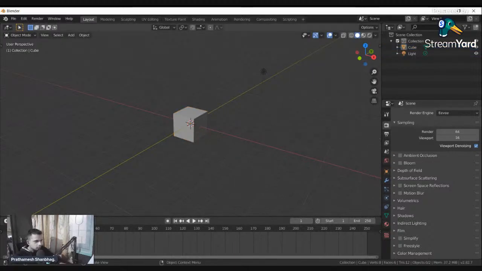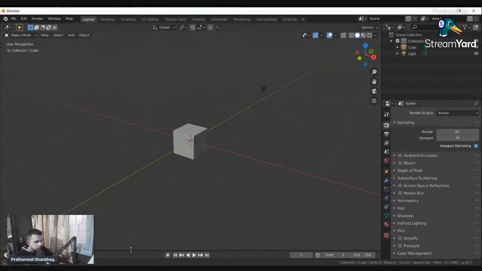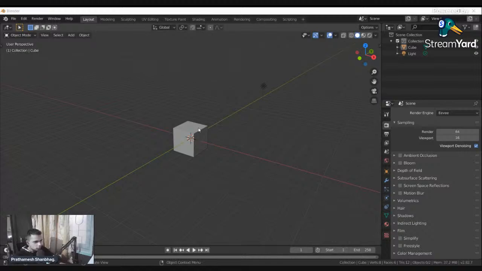If I select this box, I get different properties, but if I unselect it, the properties inside this will change. We'll be working with the default scene. When you start Blender, this is the scene that you get, where you have this cube and one light, and that's about it. So we'll be creating the sushi project that I have on my Instagram. I'll show you the finished project soon, but to develop it is what we'll be doing right now.